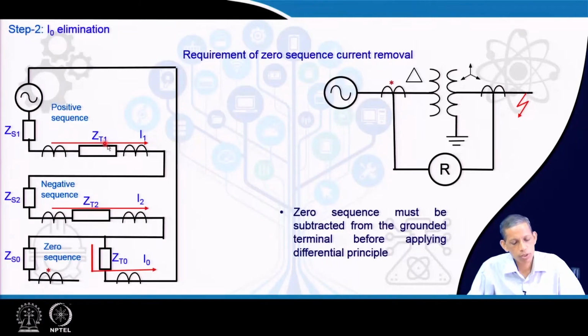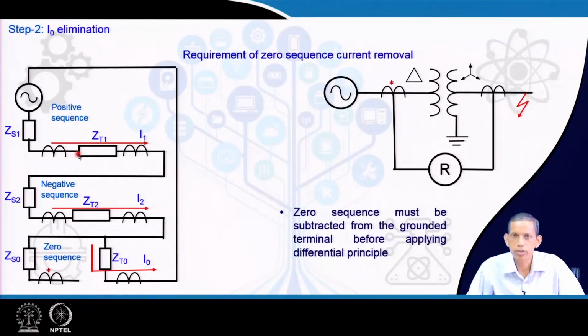Now, in this case, considering this to be a phase A line to ground fault case, the positive, negative and 0 sequence networks are connected in series. If you see this path of flow of current, like this and this, and then from this to this, it clearly says that these two CTs,